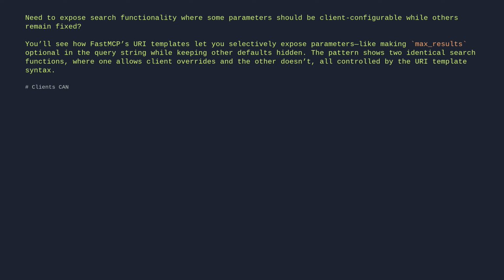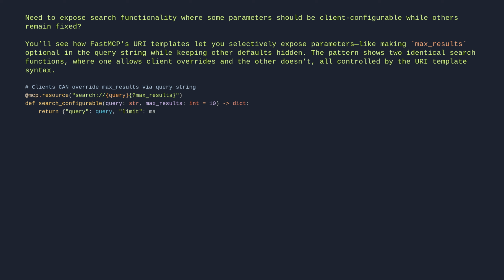# Clients can override max results via query string. @mcp.resource("search://{query}{?max_results}") def search_configurable(query: str, max_results: int = 10) -> dict: return {"query": query, "limit": max_results}